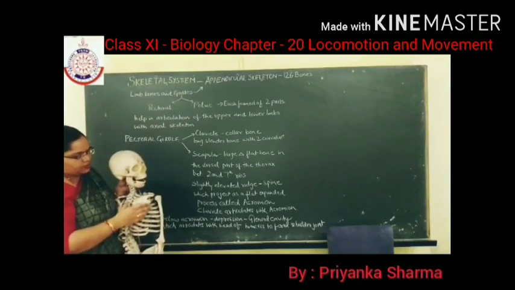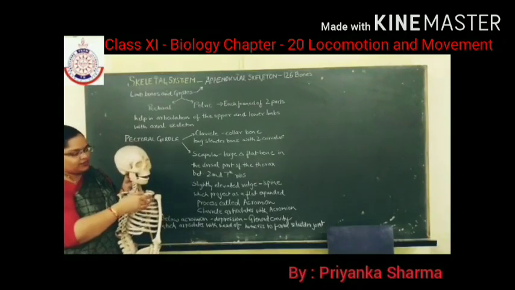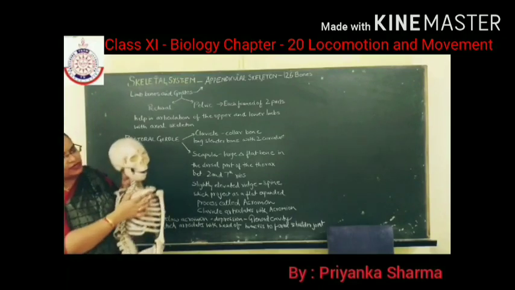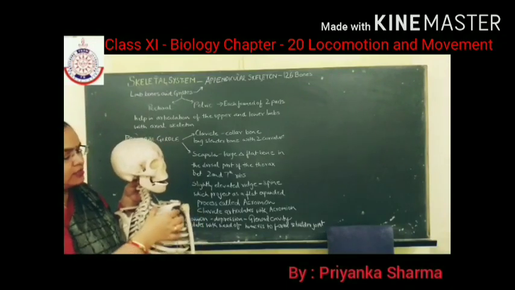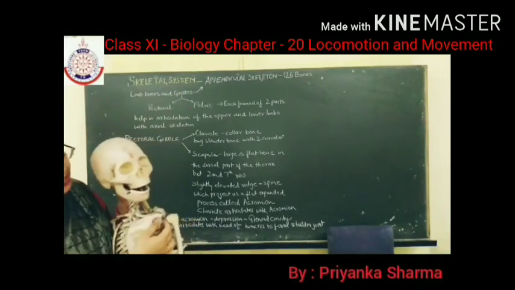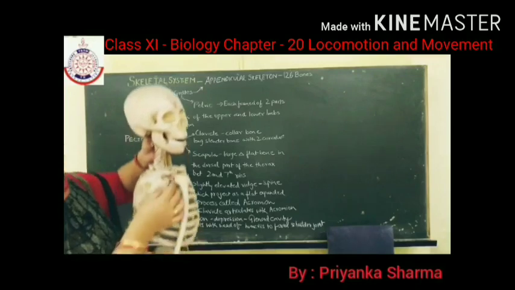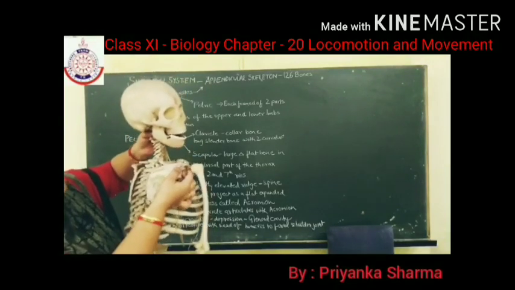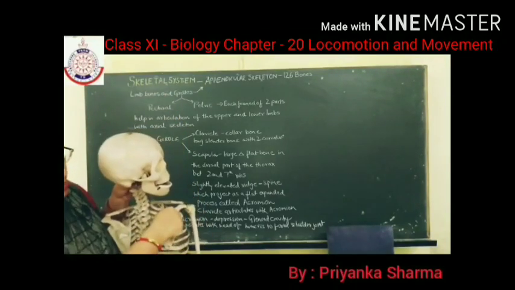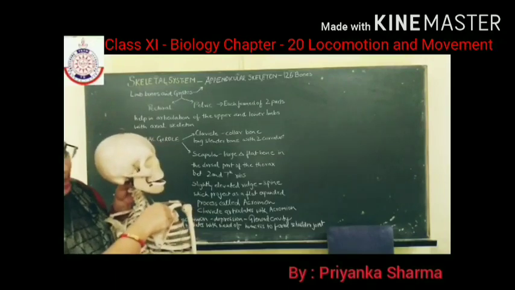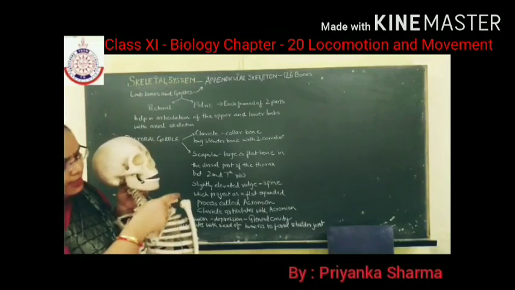Then this scapula, this flat triangular bone, has a slightly elevated ridge. This slightly elevated ridge is known as the spine. And this spine projects as a flat expanded structure or process which is known as the acromion. You can notice this one, the flat process. This portion, the elevated process, is known as the spine, and it has an extended structure. This is known as the acromion.